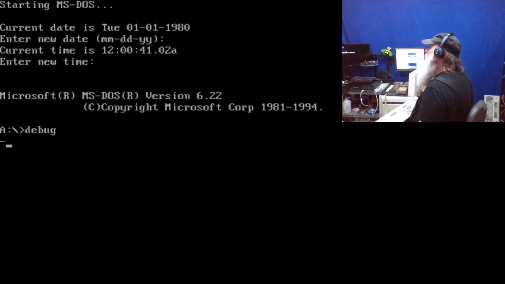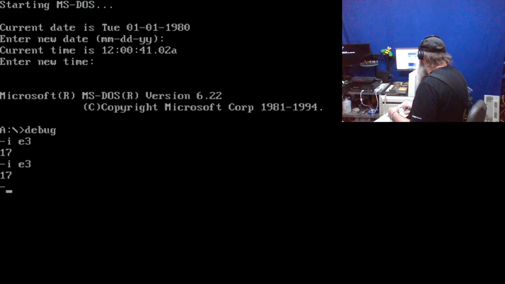So I'm going to go to debug. What I want to do is an input. Let's look at, for instance, the E3 value. Okay, and this is the seconds in the real-time clock. We just have to say input E3. It shows what the value is. If we do another input E3, okay,